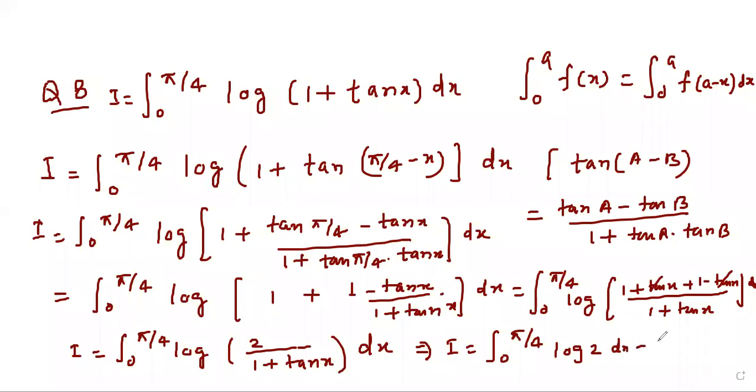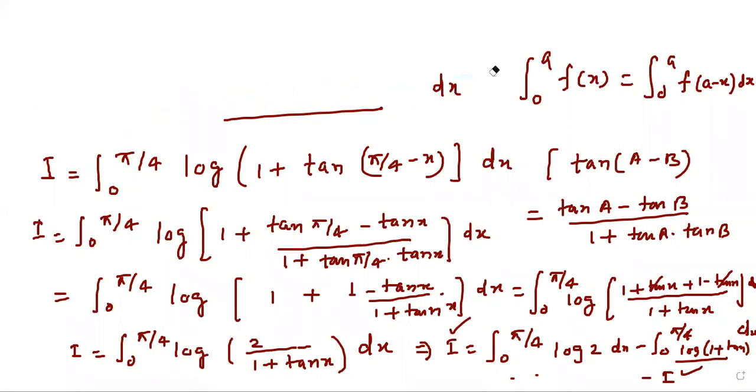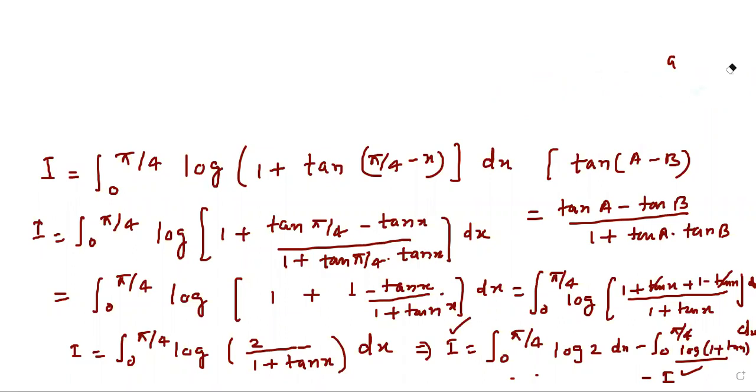log 2 dx minus integral 0 to pi by 4 log (1 plus tan x) dx, which is the question itself. So we can write it as I minus I and this thing. So here there is I, this is also I, so this will become 2I. So we will get 2I equal to